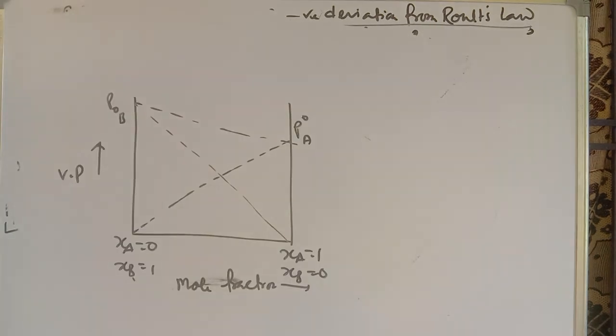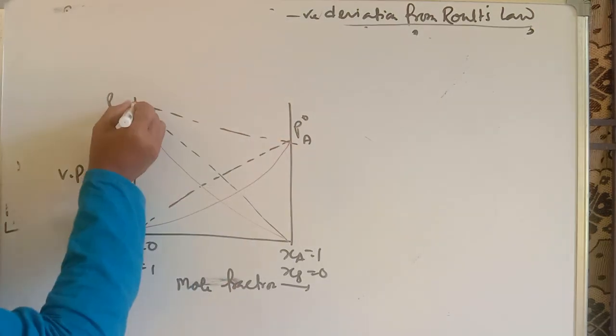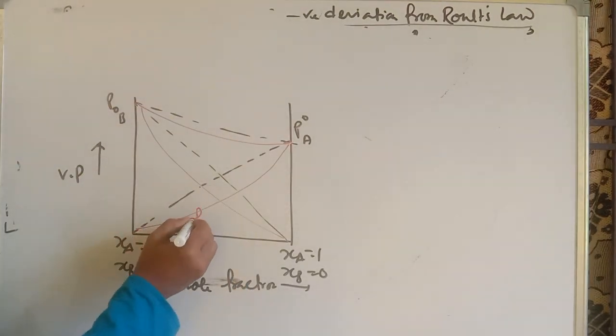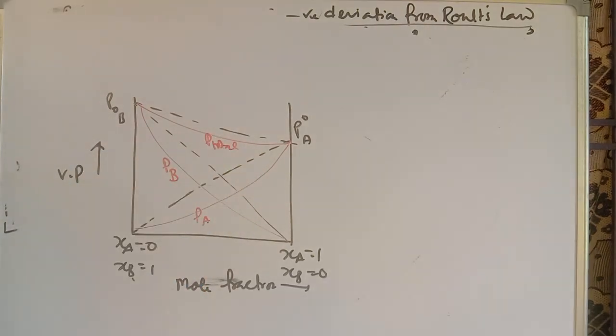We can show a diagram also for negative deviation. You see, this is the diagram for ideal solution again. Now we are considering negative deviation from Raoult's law. Negative deviation means the vapor pressure of the components as well as the vapor pressure of the solution will now be lower than those calculated from Raoult's law. So it will decrease like this, like this, like this. This is your PA, this is your PB, this is your P total. Vapor pressure decreases in all cases. This is negative deviation from Raoult's law. So these are all about ideal and non-ideal solution.